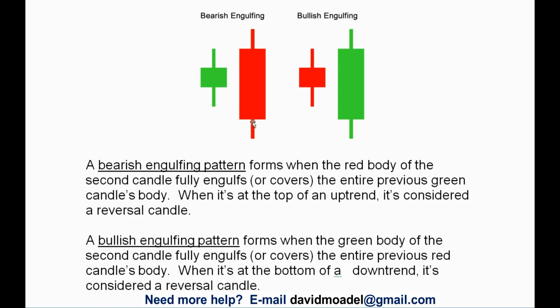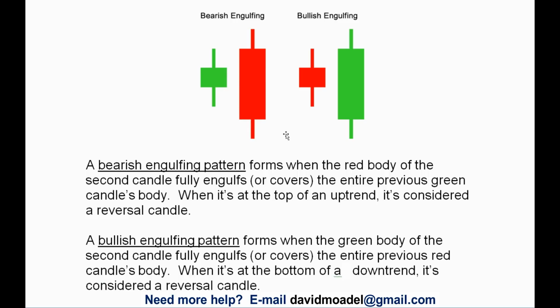So now when it's at the top of an uptrend, you've got all these candlesticks going up, and then this happens, that's considered a reversal candle, and that's bearish, meaning people expect sometimes that the candlesticks are going to stop going up and they might start going down. That's a negative sign for sure. When the entire body of the red candle swallows up or covers the entire body of the green candle, yeah, that's a bad sign. Or a good sign if you're shorting the stock, but it's a bad sign if you're long.